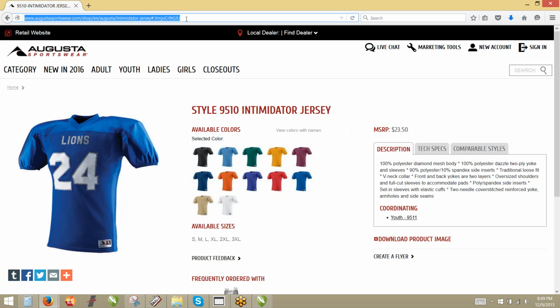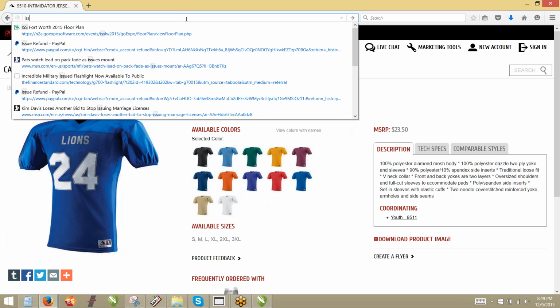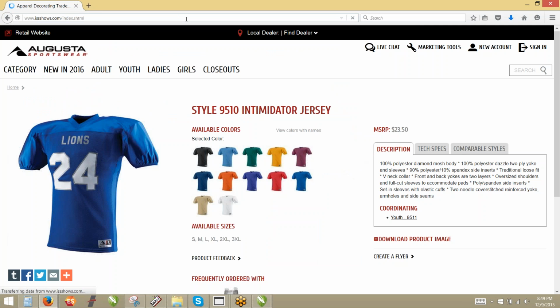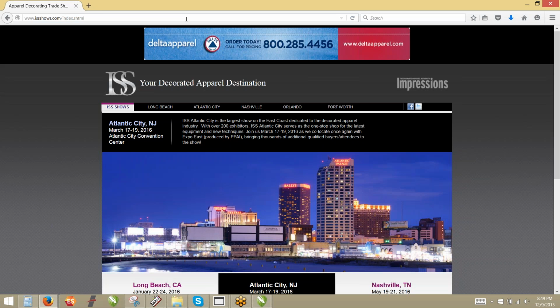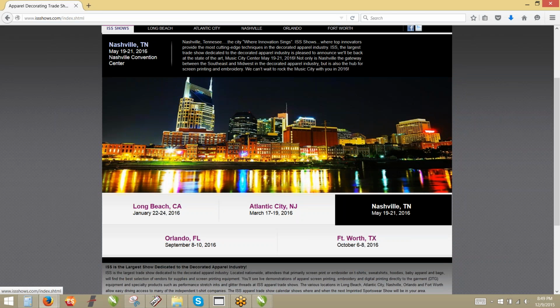Another thing too, just for people who, Krista is new to the business, but just as kind of an idea for you. If you go to the ISS shows, first of all, if you've never been to an ISS show and you're in the t-shirt business, you really ought to go to one because you'll learn a lot and see a lot of different things and whatnot. But let me see what I can show you here. What I have done